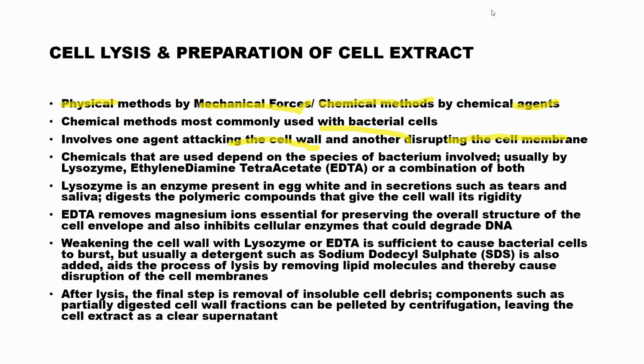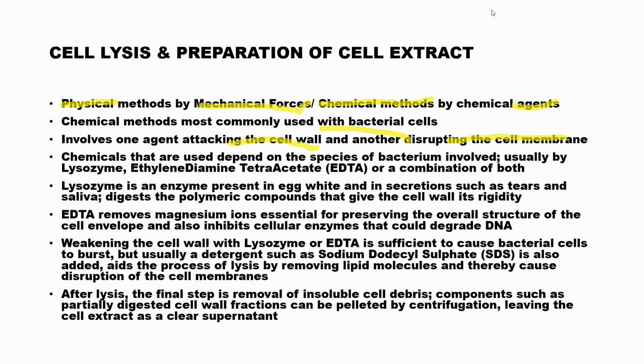Inside the cell wall there is a plasma membrane, and inside the plasma membrane you will have all the DNA, RNA, proteins, and all the cell debris, all the intracellular organelles, protoplasm, cytoplasm plus nucleus, everything. Fine. So in that case, we have to break the cell wall and also the plasma membrane. So chemical methods are focusing in two ways. We are adding many chemical agents. We will be going one by one in detail.